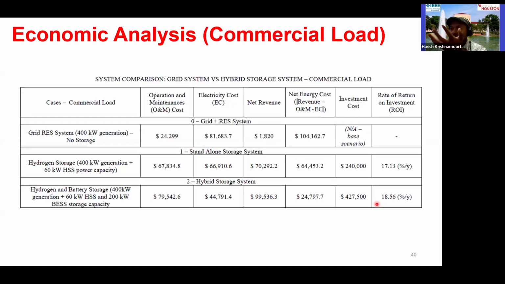So we did different types of loads. This is a commercial load up to 1 megawatt. Even here, the return on investment is again within 6 to 7 years. Which means that some of these advanced techniques can make it profitable for you in the long run, because the systems themselves can operate for 15 to 20 years. Maybe you may have to change the batteries a little bit, but the solar panels and the converters should operate for 15 to 20 years very easily.